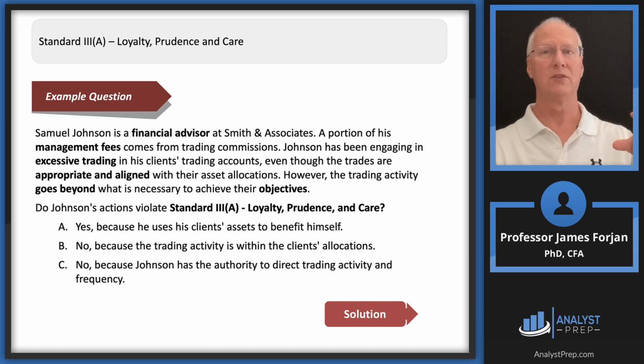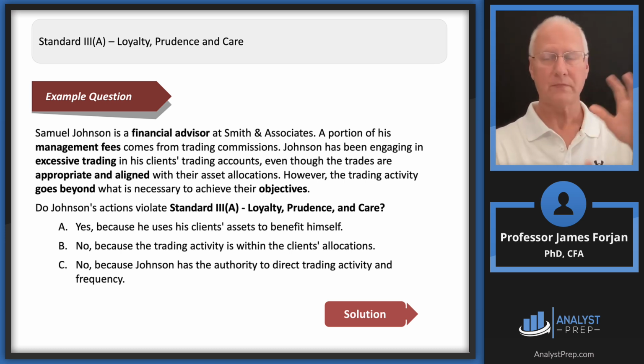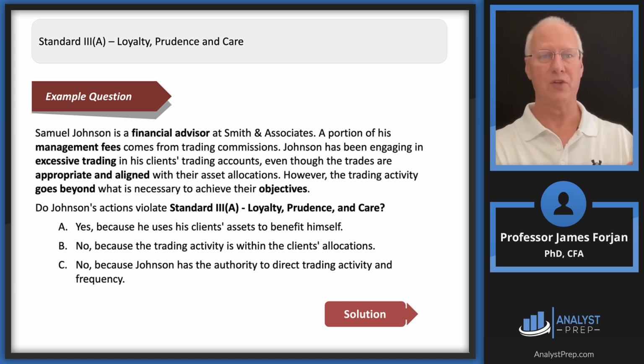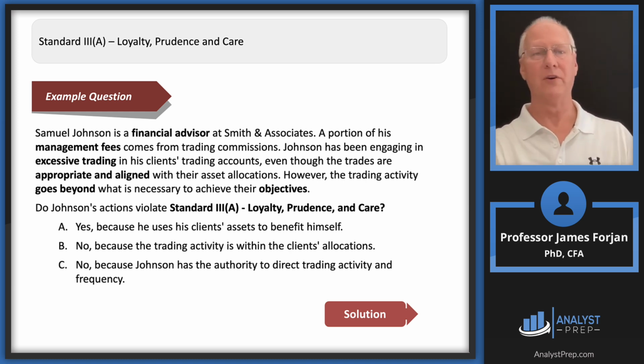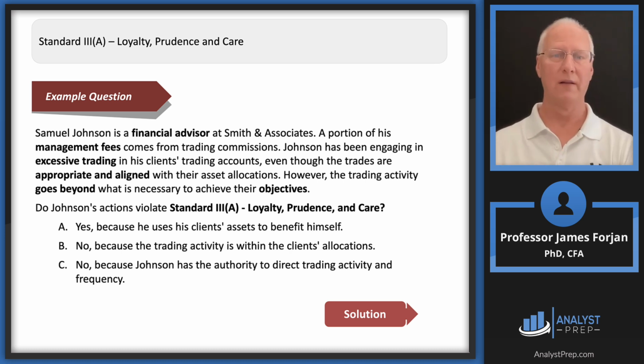So think about this. Let's just suppose that we have an allocation, whatever it is, to the retail sector. And we have, let's just pick a number, 100 shares of Walmart and 100 shares of Target. So we do this excessive trading. And so maybe we sell 10 shares of Walmart and buy 10 shares of Target, or vice versa. But within that, 90, 100, or 110, that's within our strategic asset allocation range. But that trading activity goes beyond what is necessary. Yes. So is there a violation?